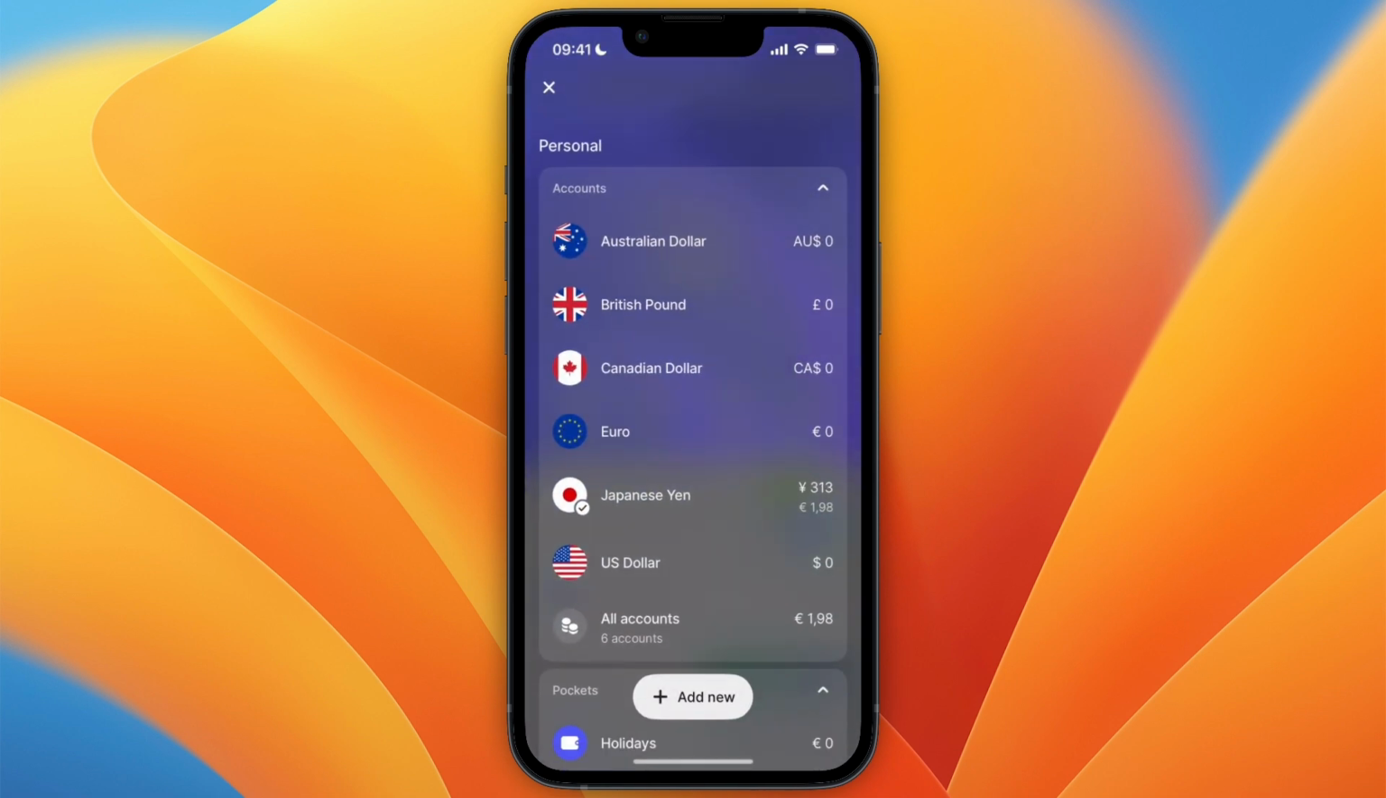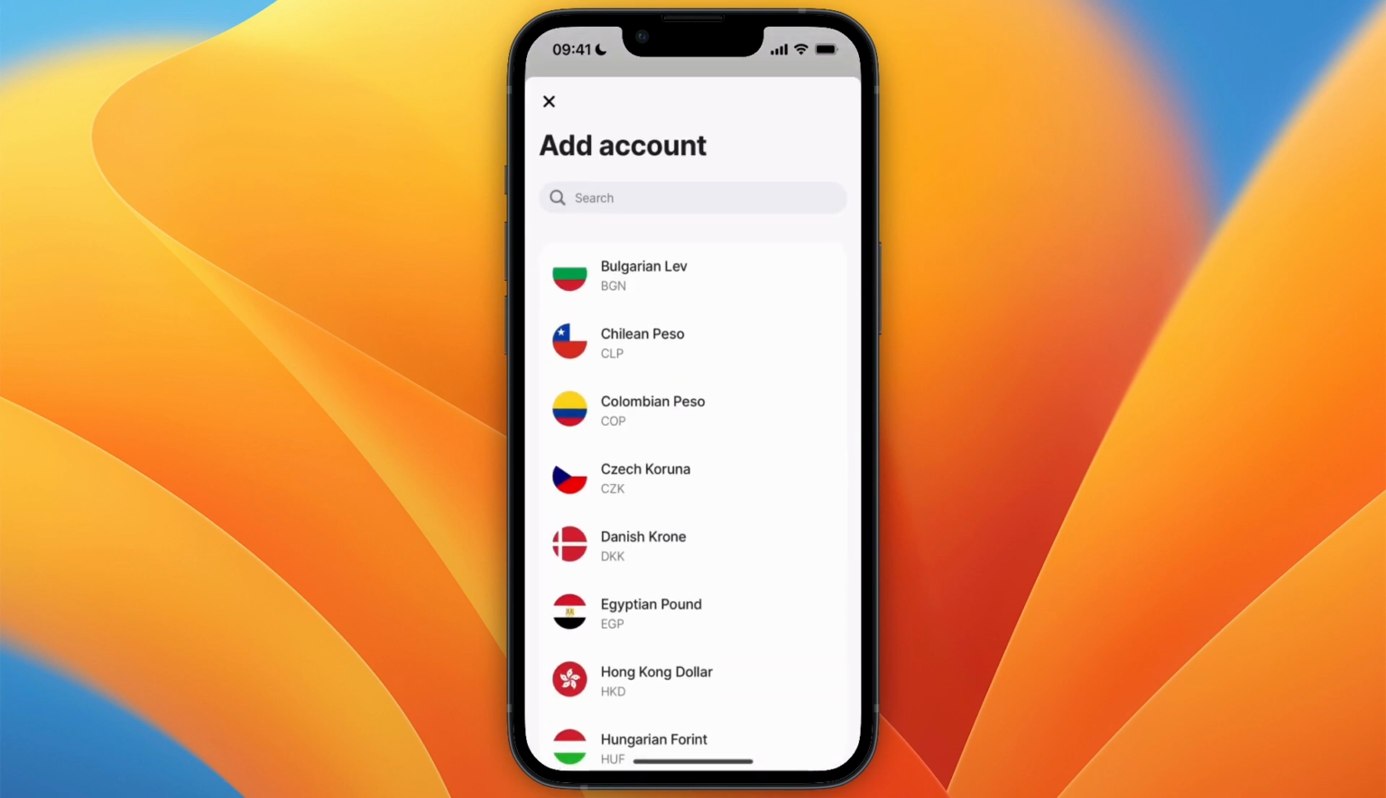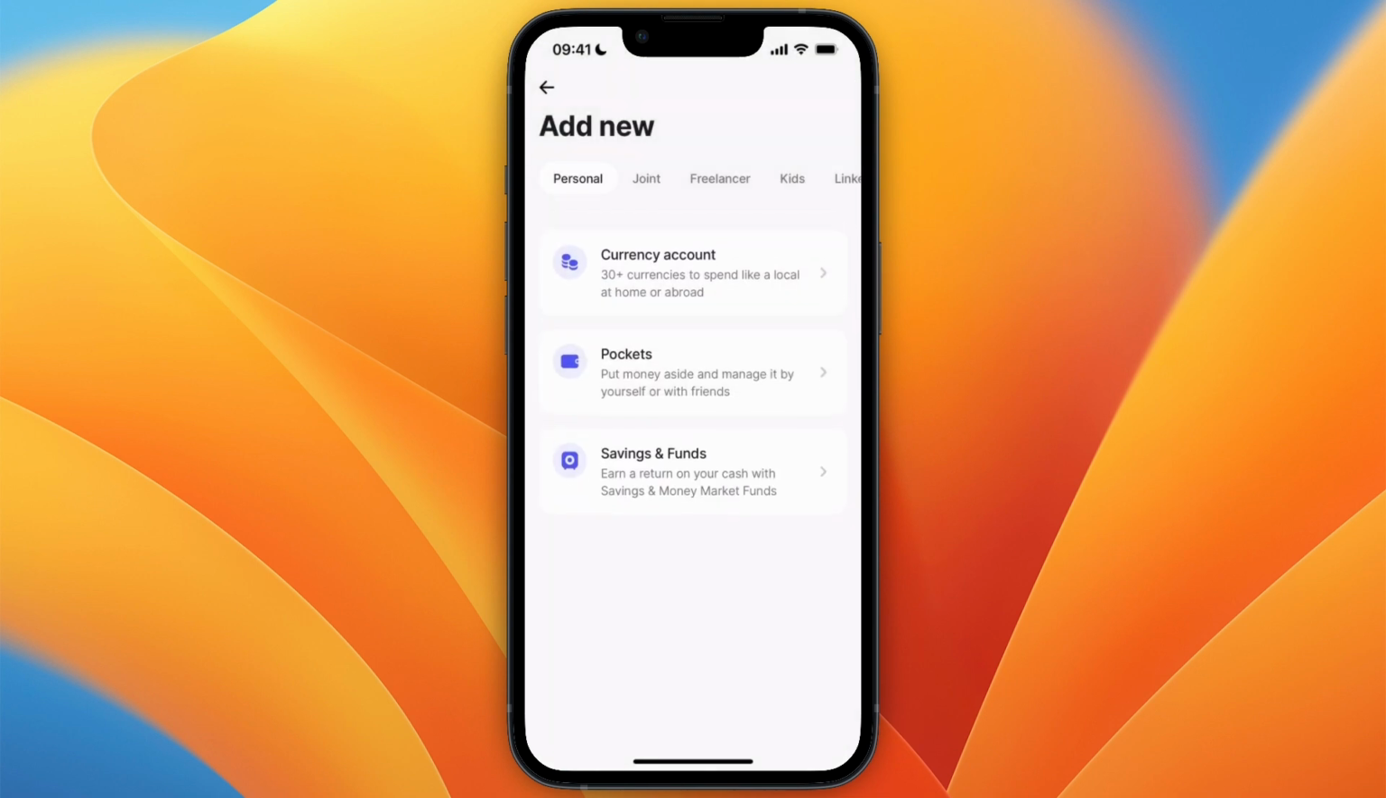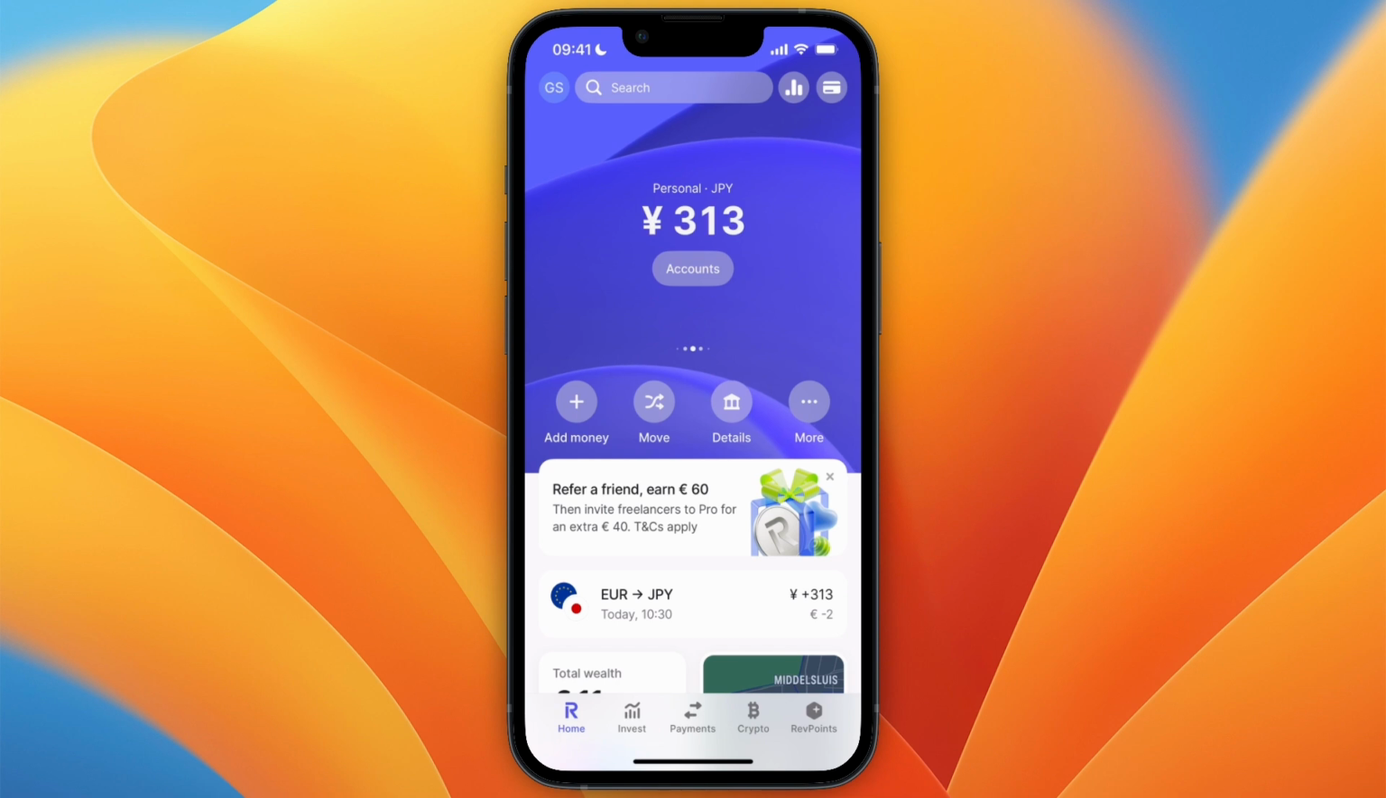Now if it's not here, then click Add New, select Currency Account, and then just select the currency you want to exchange to right here. For me, it is already there, so after adding it, you then want to go and click on Move, and